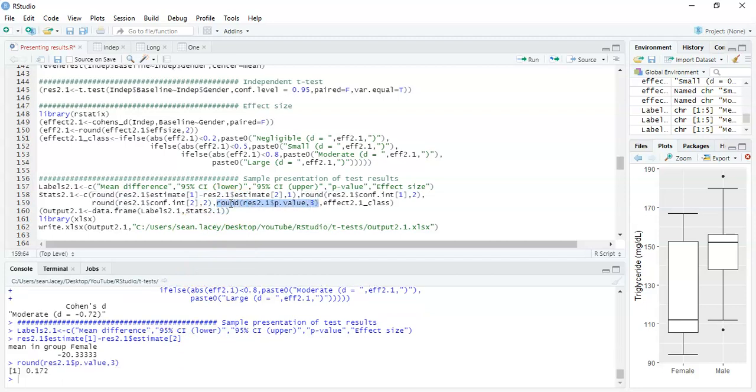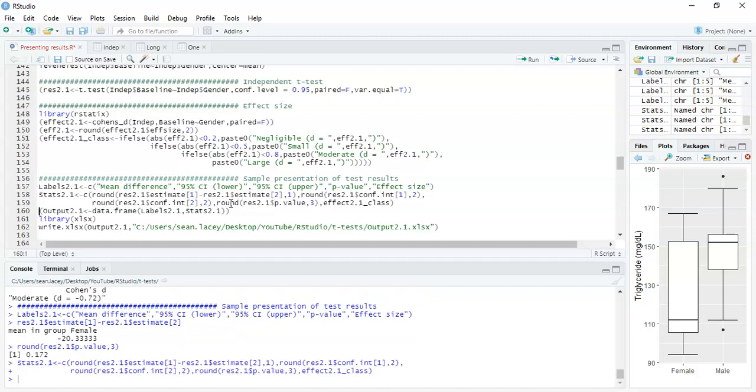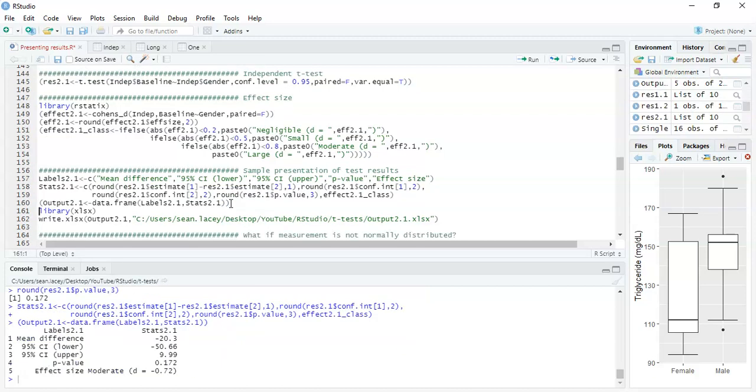It's greater than 0.05 if we're working off a 5% level of significance. We have a confidence interval of the difference, and then we have the effect size. So that's what all this information is here. And then if we put that as a table, then this is what we have. So we have the mean difference of minus 20.3, the confidence interval of the difference, the p-value, then the effect